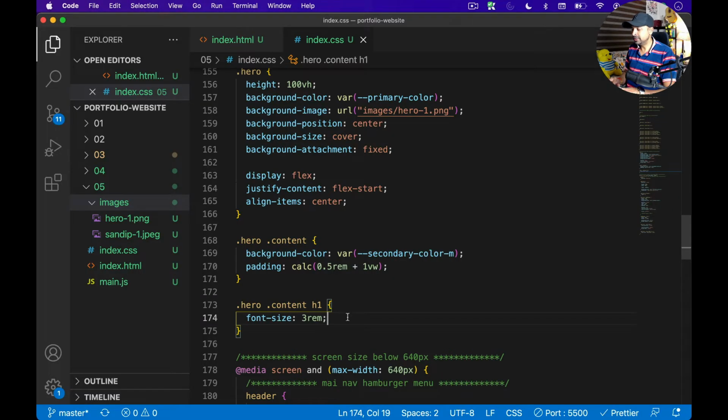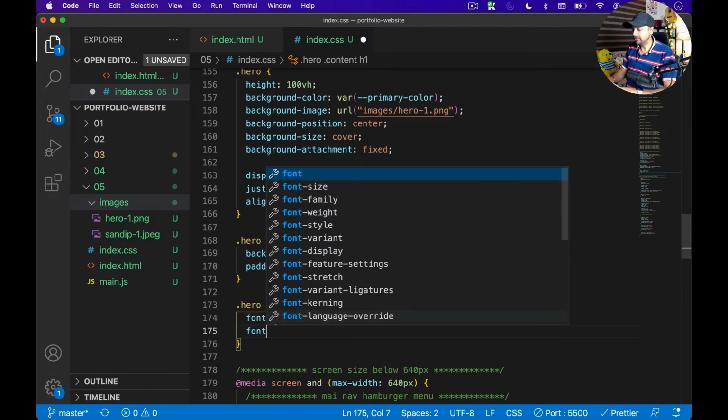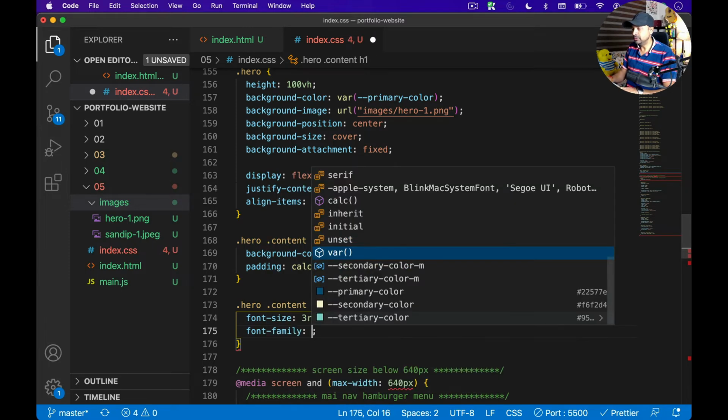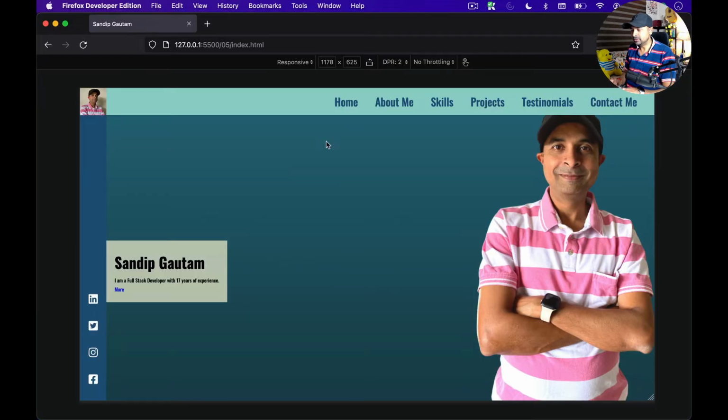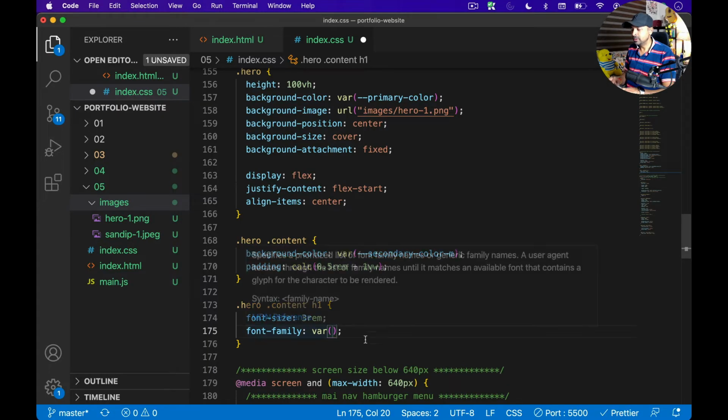Looking good. Let's try the font family. Try to then change the font family also. And I'm going to use a font family of for my heading. I'm going to keep the same font family because this is the one I have for my navigation, but I'm going to change it